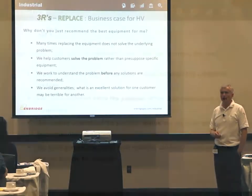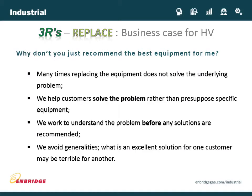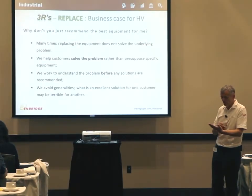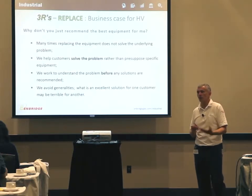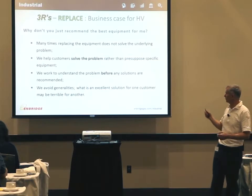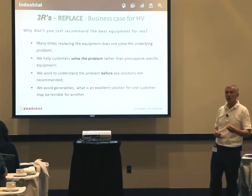This is another question we often get. Okay, so you guys are so smart. Why don't you just tell me what to do? It's not so easy. Many times replacing the equipment does not solve the problem, and we need to help you understand the problem. This is not something where, on page 14, customer number 13 has this problem. That's not how it works. We need to work with you to understand what the problem is, to develop the solution